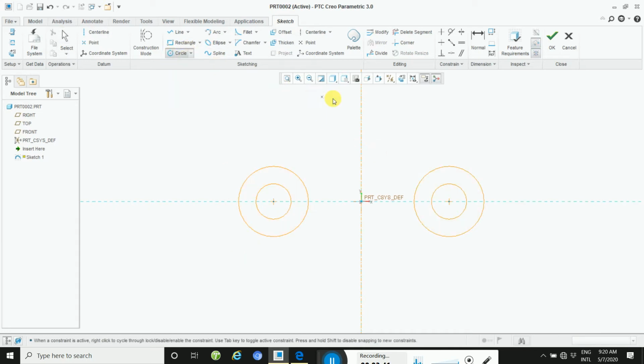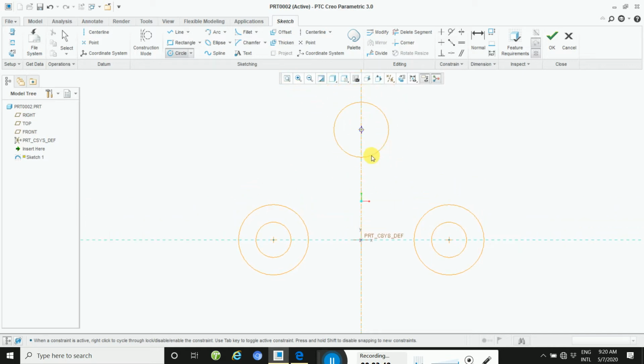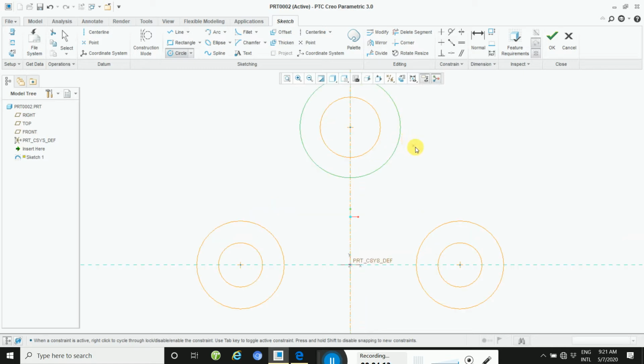Draw one circle here. Be careful, when you draw this circle, the radius is the same here, see there, the radius is the same. So if your circle radius is the same, you click here, otherwise you click this way. Okay, and this also represents the R edge also, but you need to do it this way.